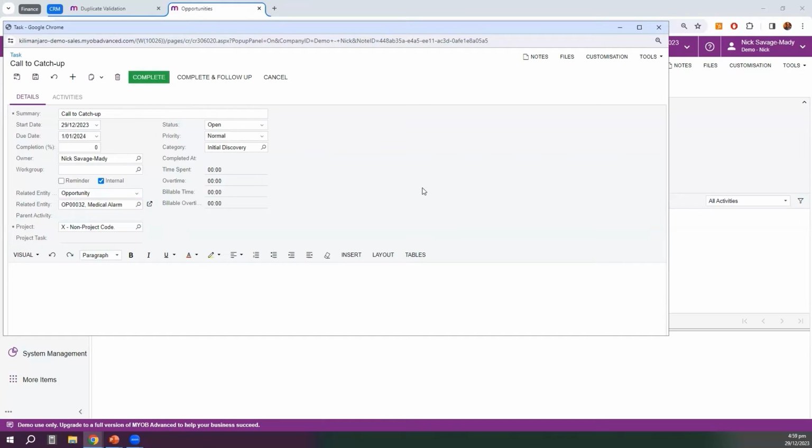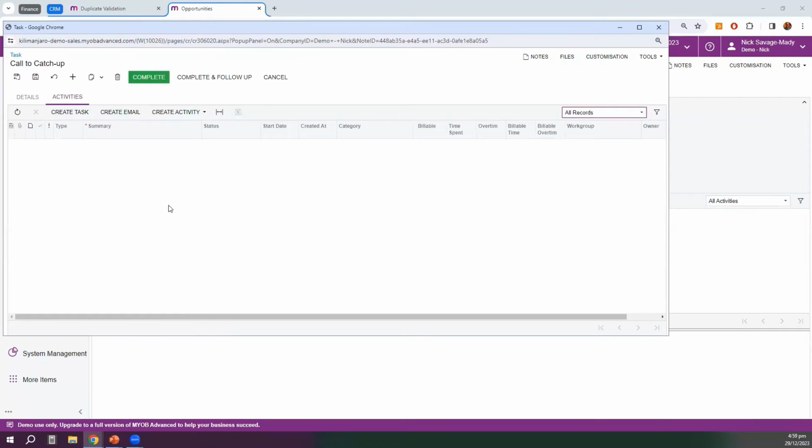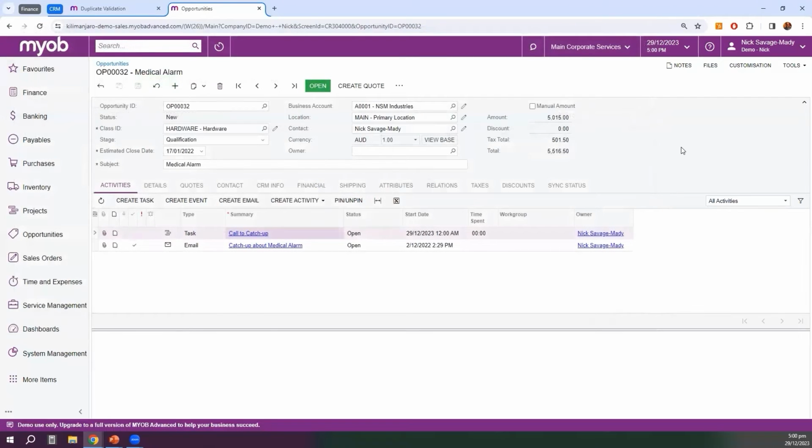Now the other thing to mention as well is that under activities, if you wanted to, you could create other related activities to do with this task, or even create other tasks within there, and you can flow that through and everything will be held against that task. So again, it's just that usability and making it simpler for people to go through and use tasks on that basis. And if I just jump into my tasks screen,